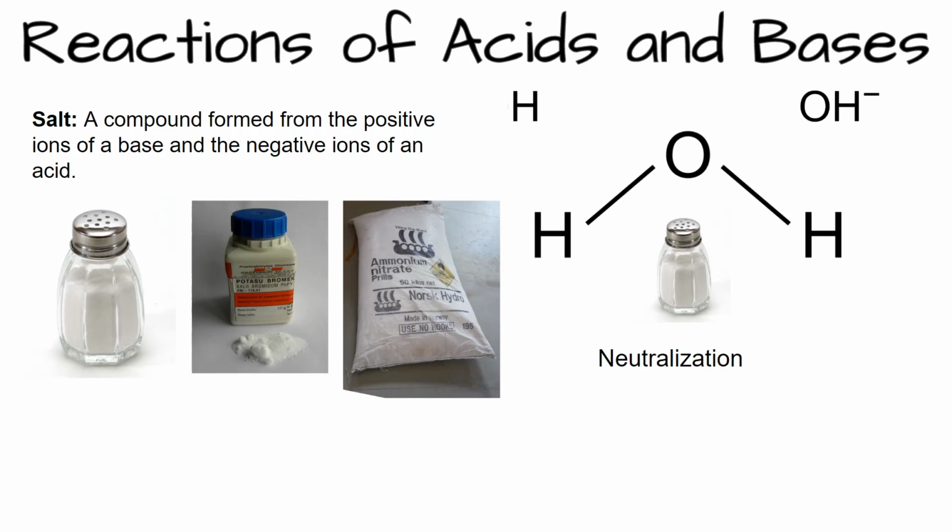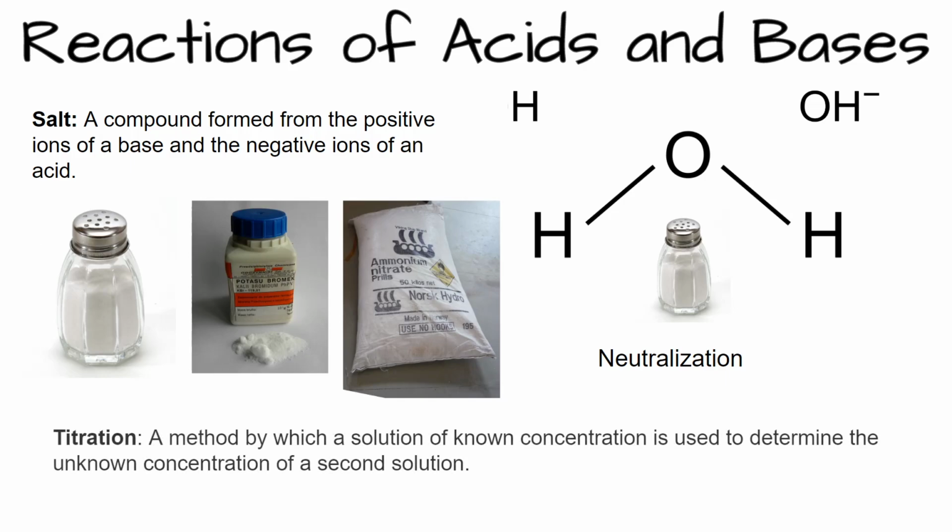Acids and bases are important compounds used in industry. Exact concentrations of a specific acid or base are often required. To determine the concentrations of acids and bases, a process called titration is used. Titration is a method by which a solution of known concentration is used to determine the unknown concentration of a